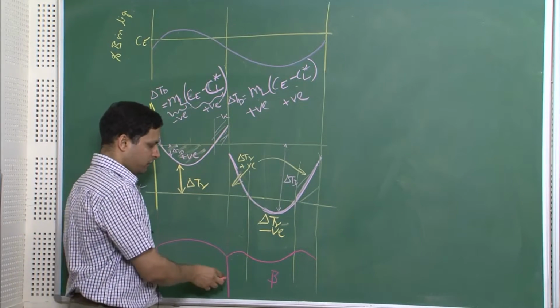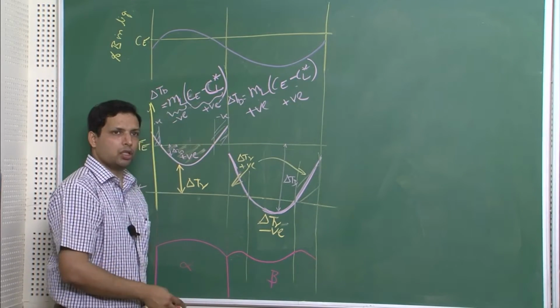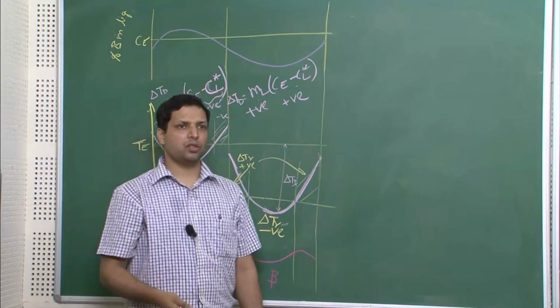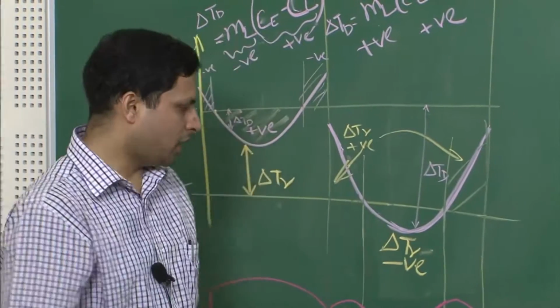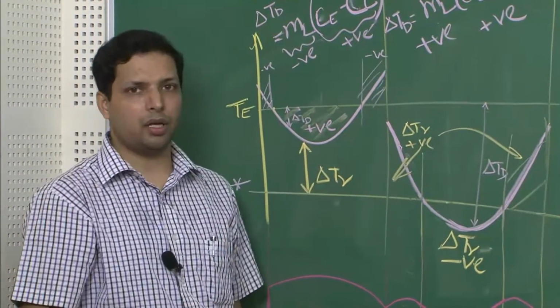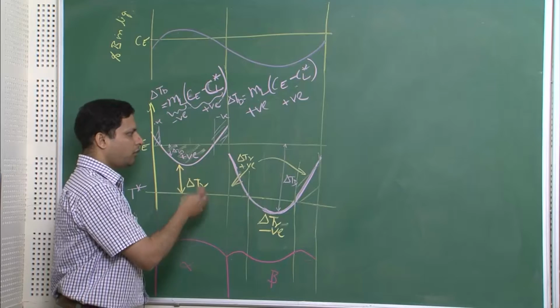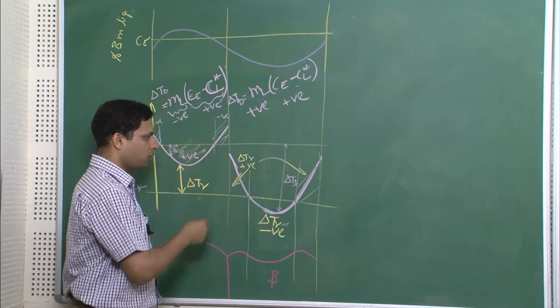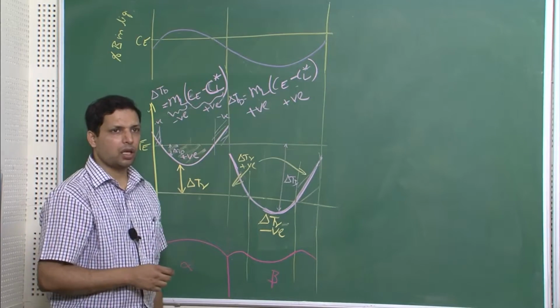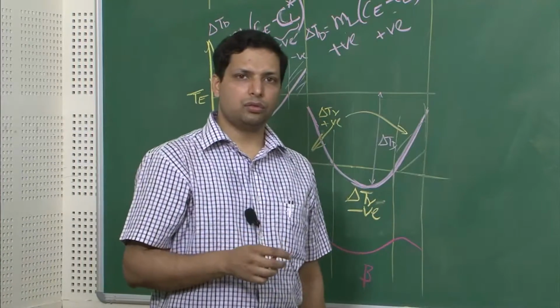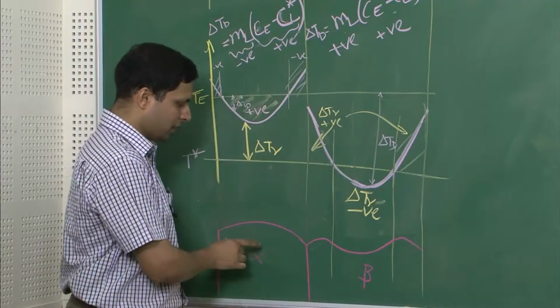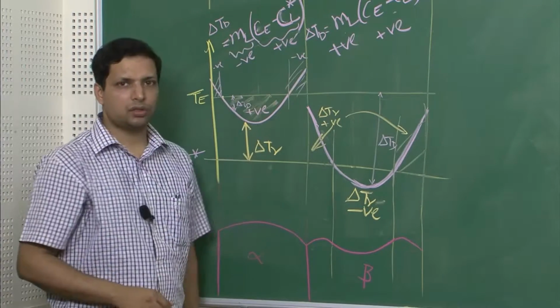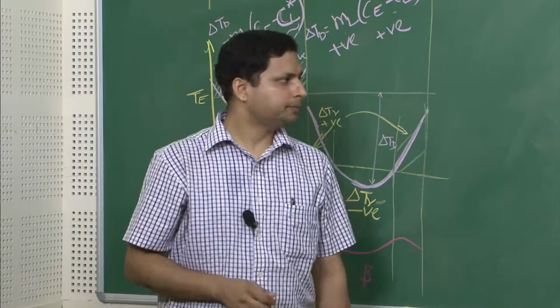People have done actual calculations which match very nicely with the observed shape of the lamella. So this theory is well validated, even though we have taken several assumptions in this, but still we are able to predict the shape of the lamella based on these assumed conditions.